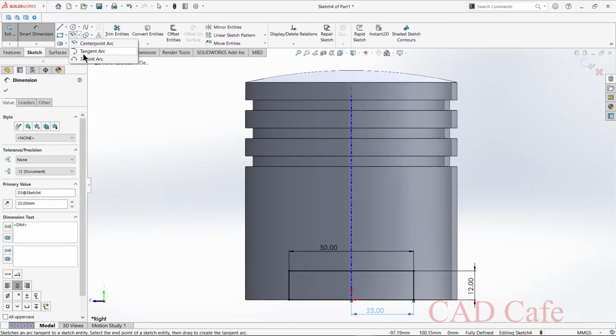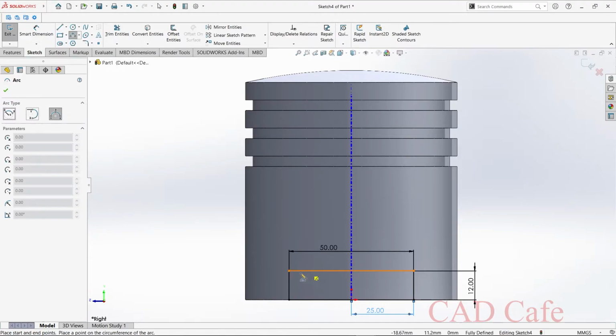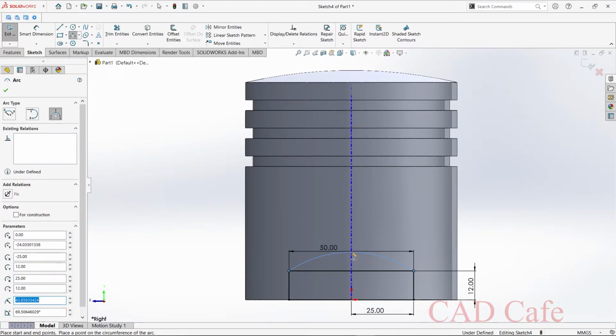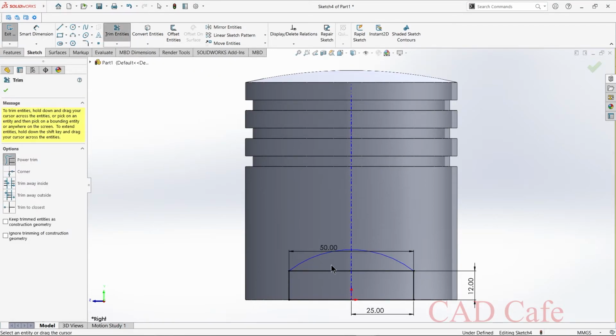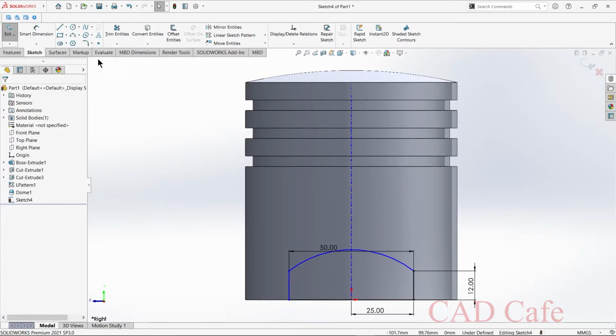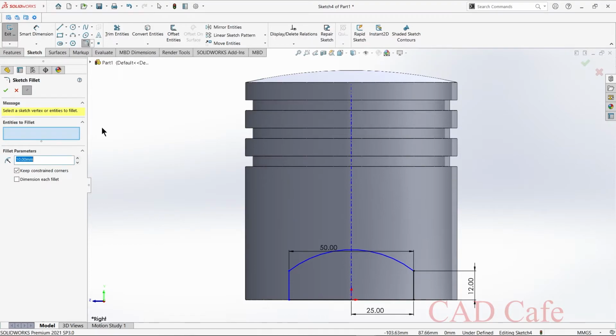And select 3-point arc. Select this point, and click here and give the radius as 40 mm. Okay. Now trim entities, we don't need this, and select fillet.